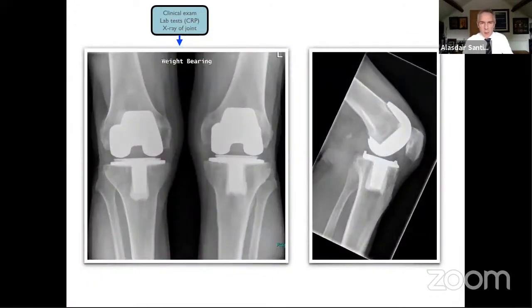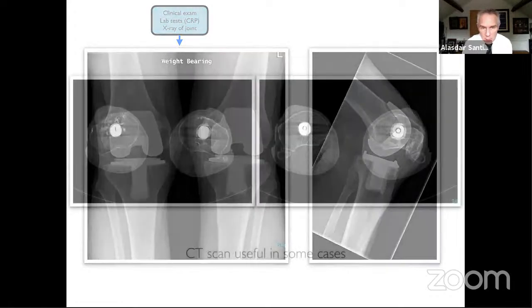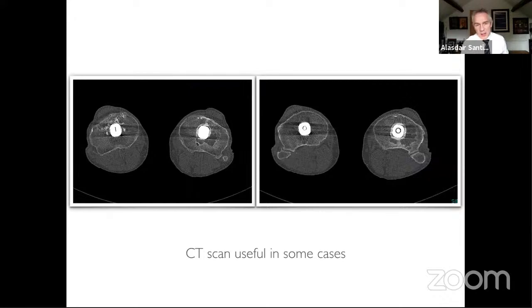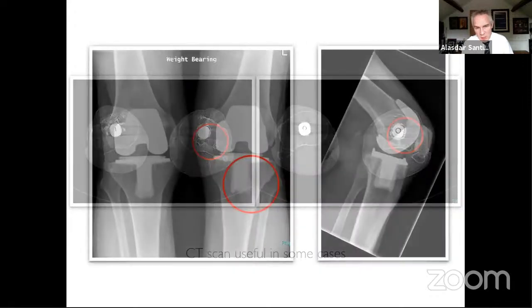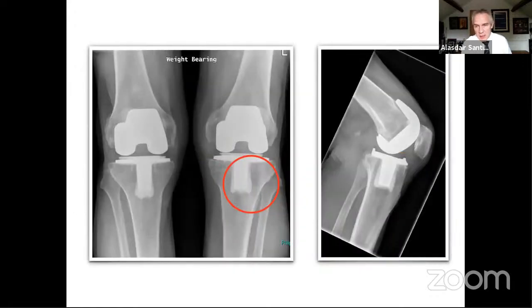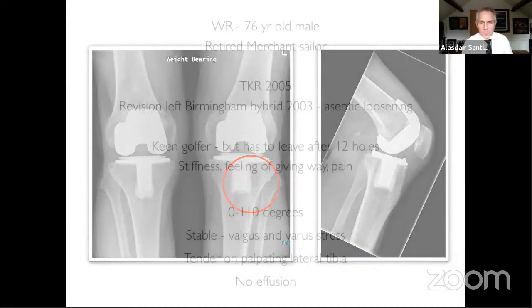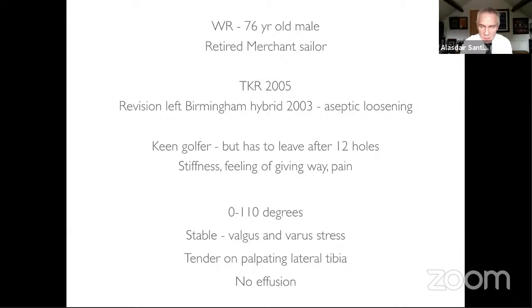So let's take this patient here. I said x-rays, but this patient actually came in not too long ago. X-rays of hip replacements many years ago showed no obvious problems. But just sometimes I find CTs are quite useful. If you see the CT of this patient here, you can see an awful lot of bone loss which is not present on the X-ray, and CT is actually quite a useful and simple measure. So let's take a patient. It's always easier if we look at an individual patient.